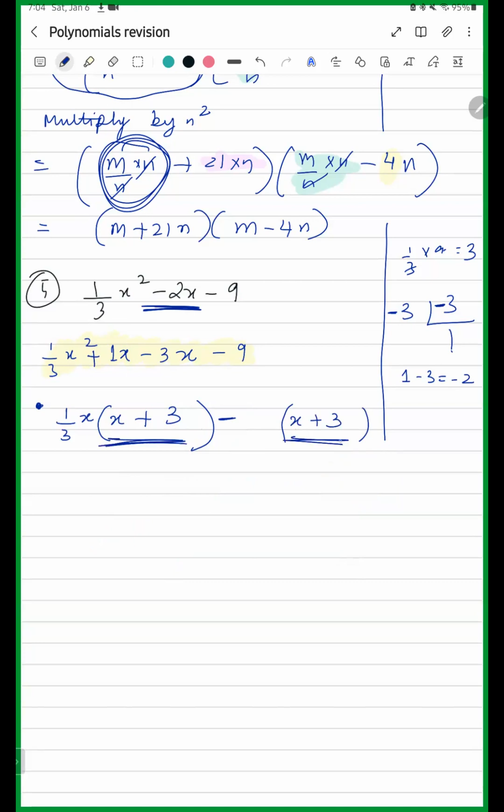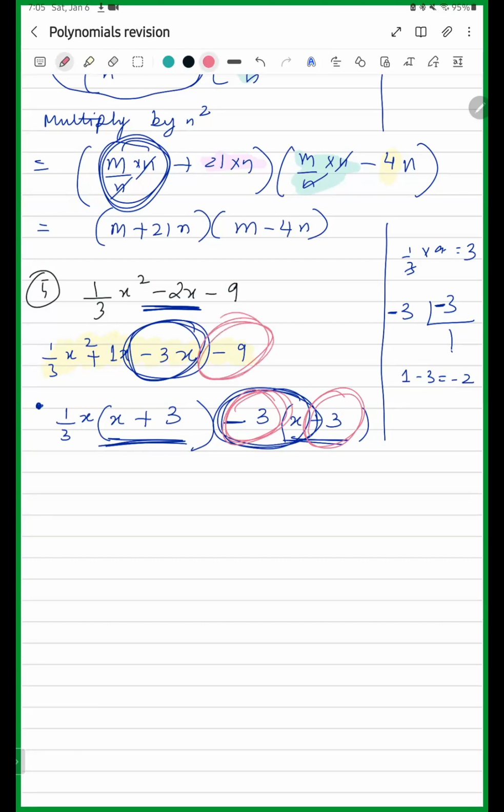You are taking negative common. And if x plus 3 has to come in the bracket, that means you take 3 as common outside, right? You take 3 as common. This thing becomes minus 3x, which is over here. Then this thing becomes minus 3 into plus 3, which is minus 9, which is over here. So we are going on the right track. Okay, so this is one way